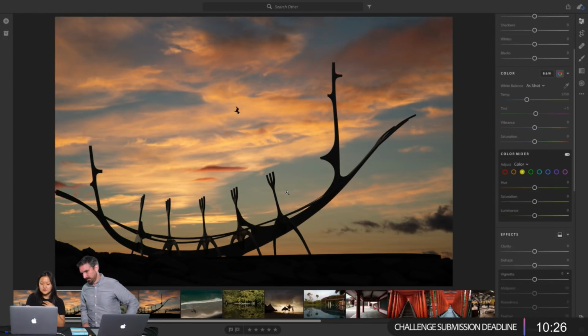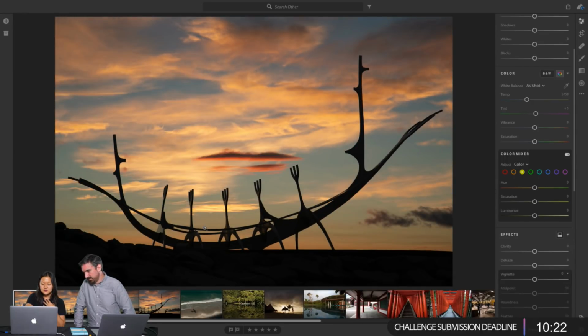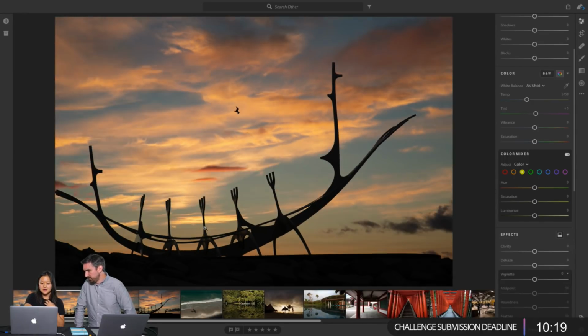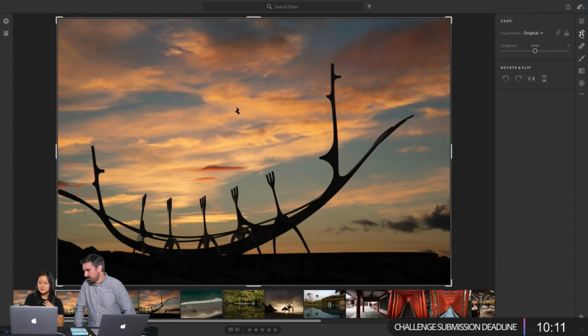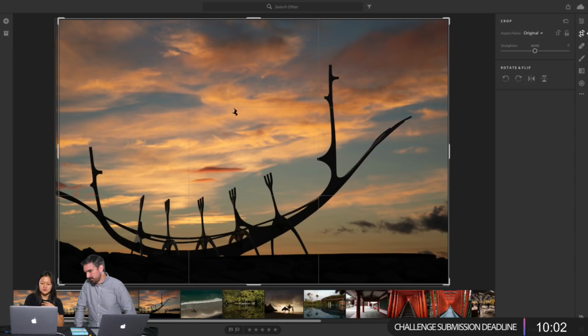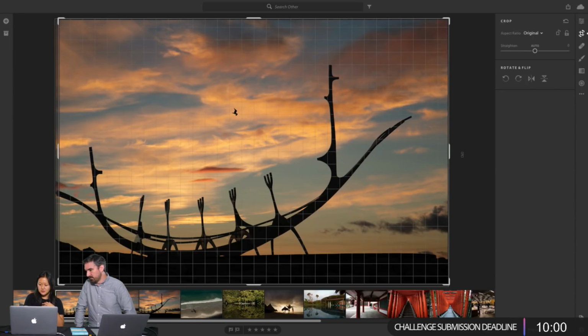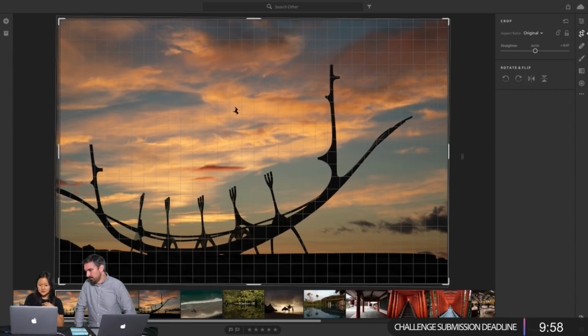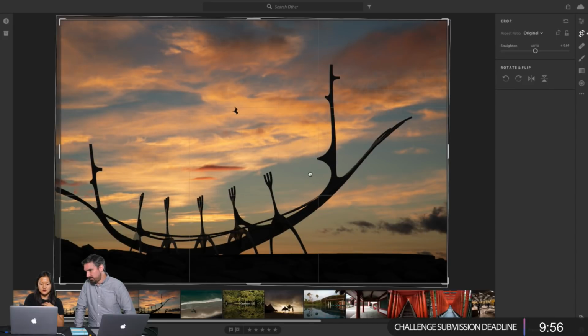So for this one, I have this one that has the full statue, and then I have this one that is almost cut off, just cutting off the tip of it, but it has the bird, and I like it better. It's that tangency problem where it's too close to the edge. So I either want the whole thing or I want it cropped. I'm just going to crop it in ever so slightly. And then instead of going into my tools to rotate, I can just rotate with the crop tool, and that's fine.